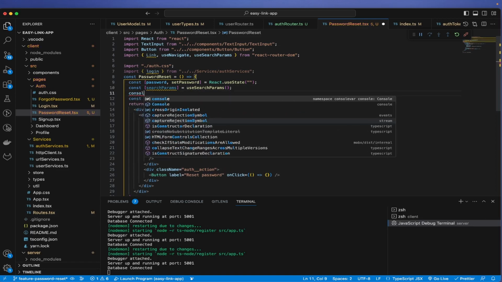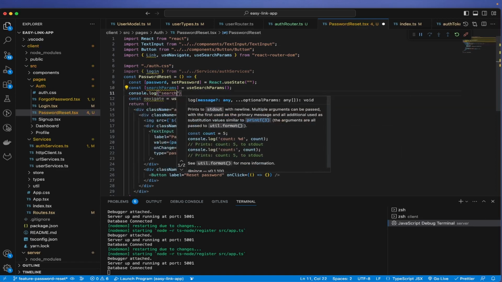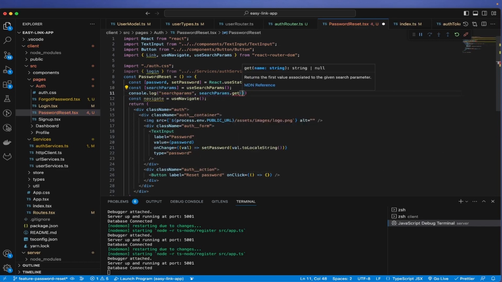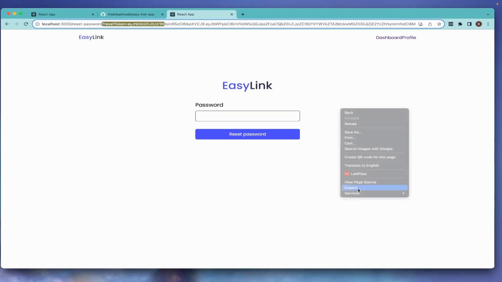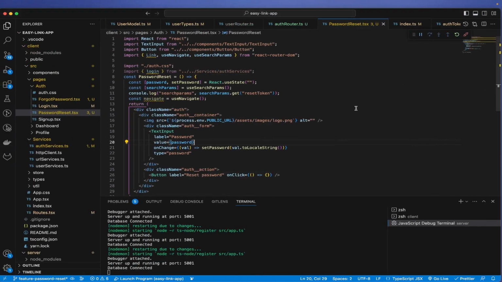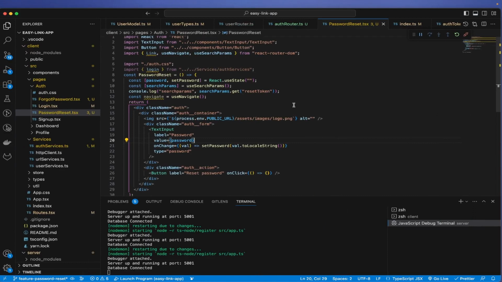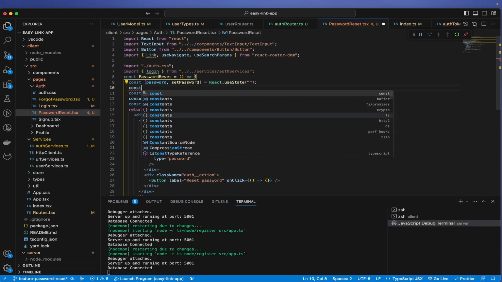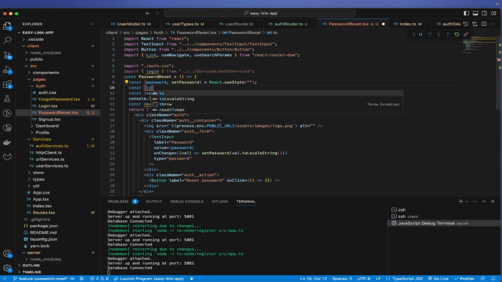Then I can for now just console log searchParams.get reset token. All right, so let's inspect here. Let's go. And if I refresh, you can see that we are getting reset token here, and that's what we are interested in. So what we can do before this page loads, we can just say const token verified,